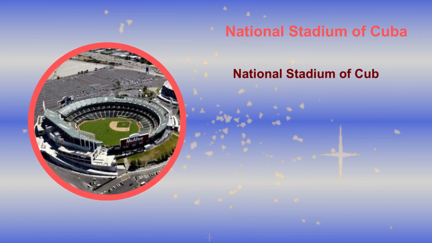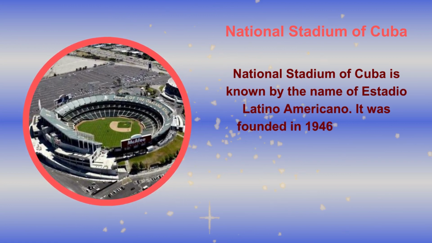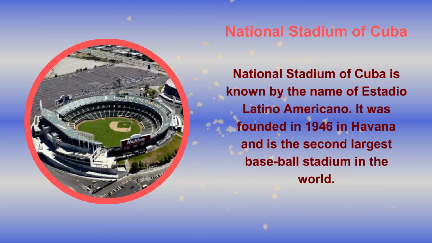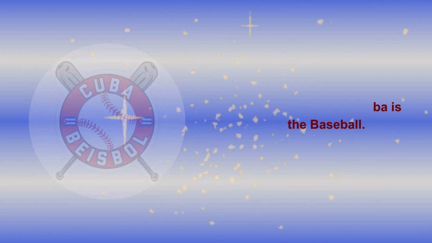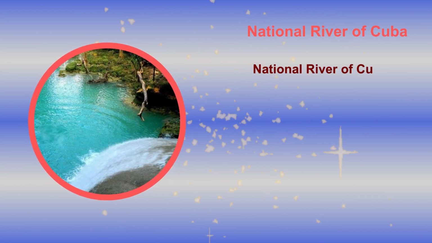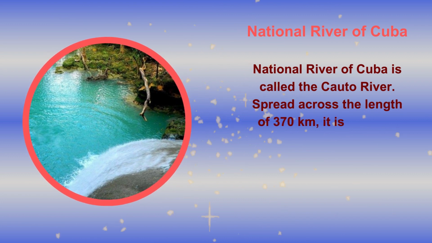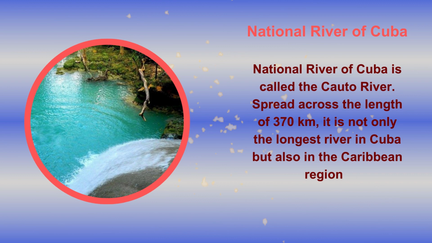The National Stadium of Cuba is known by the name of Estadio Latinoamericano. It was founded in 1946 in Havana and is the 2nd largest baseball stadium in the world. The national sport of Cuba is baseball. The national river of Cuba is called the Cauto River. Spread across a length of 370 kilometers, it is not only the longest river in Cuba, but also in the